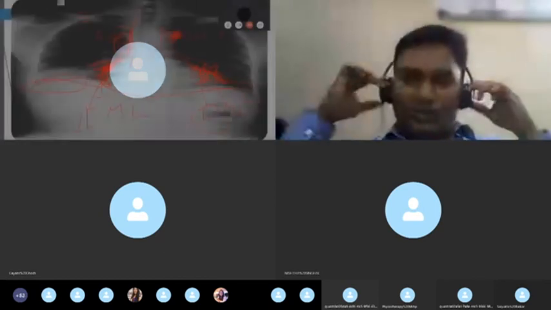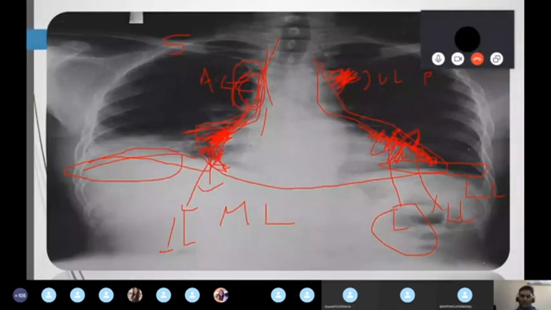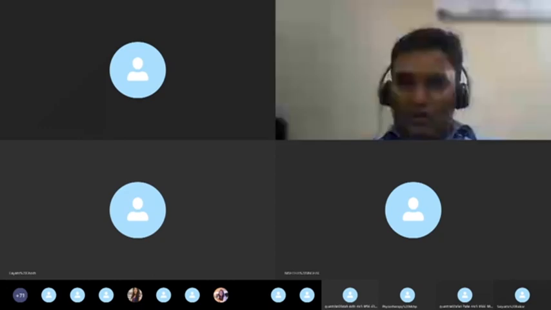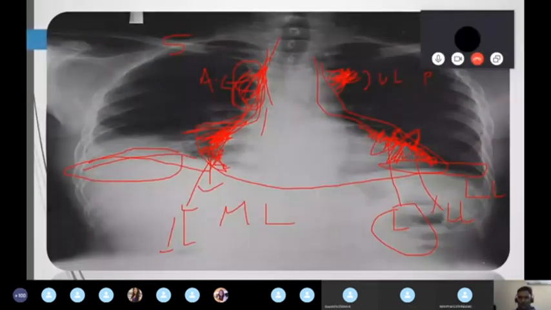So once more I am repeating, this is very, very important. Seeing the side of the shadow: first thing, whenever you're not able to see the diaphragm, close your eyes and tell involvement of the lower lobe. Second point, any patch exactly here, near the superior vena cava, is the upper lobe anterior segment. Whenever you're not able to see the arch of aorta, the convexity is not there, close your eyes and tell involvement of the posterior segment of your upper lobe.